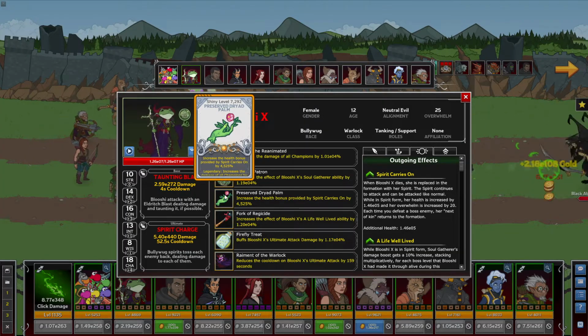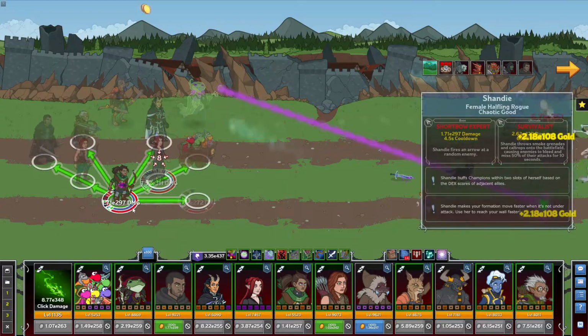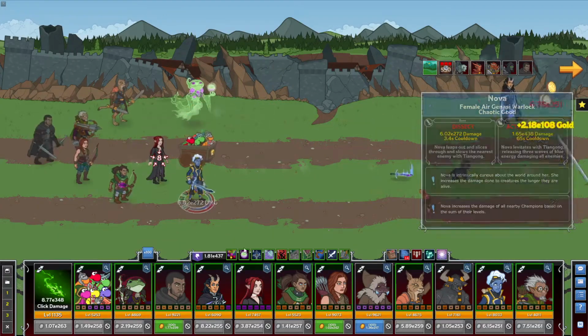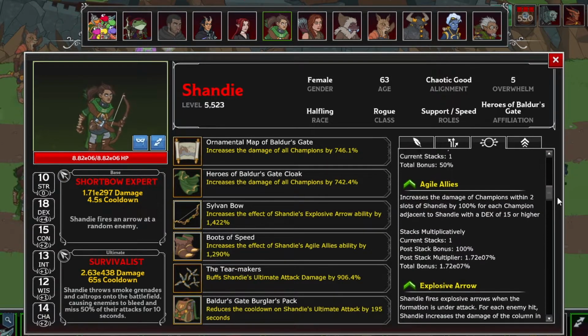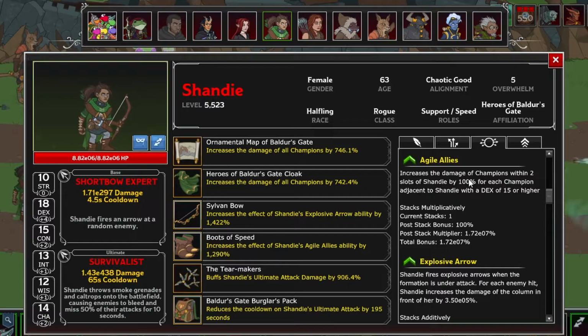Another I want to talk about is Shandie, who is not a DPS, but is a double positional buffer. To start, she increases the damage of those within 2 slots of her based on how many dexterity 15+ champions are adjacent to her. So get her adjacent to those nimbly bimblers and within 2 slots of all of your